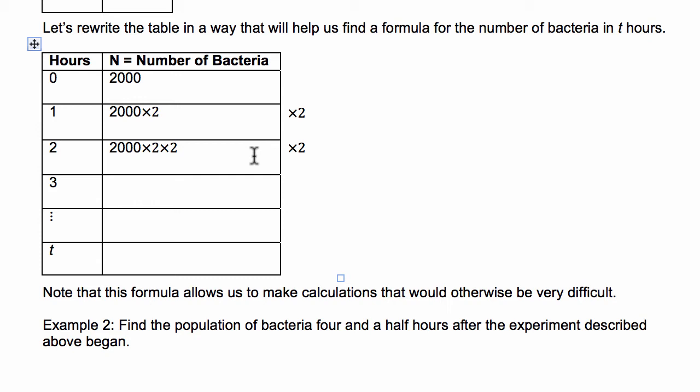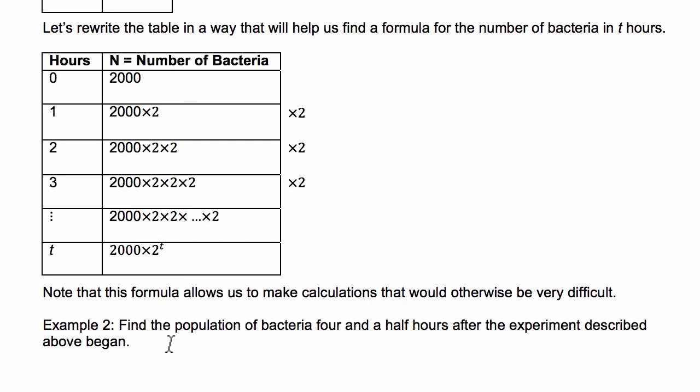After another hour, we will again double that number. This time, we have 2,000 times 2 times 2 times another 2, or 16,000 bacteria in the petri dish. Notice, the number of bacteria in a petri dish in a given hour is 2,000 times several 2's. In fact, the number of 2's we multiply matches the number of hours since we initially put the bacteria in the petri dish. This means after T hours, there are 2,000 times 2 to the T bacteria in the petri